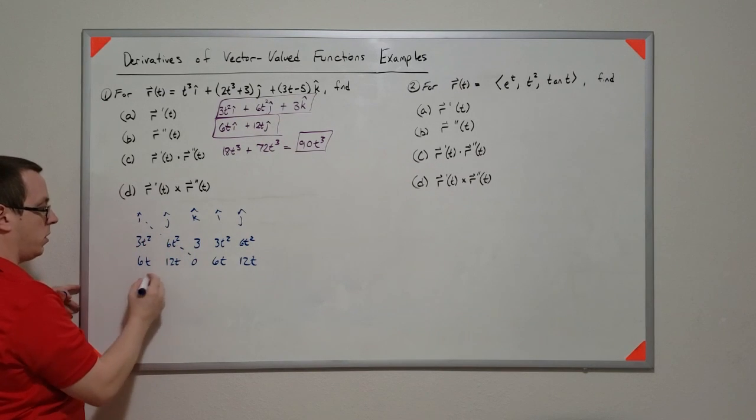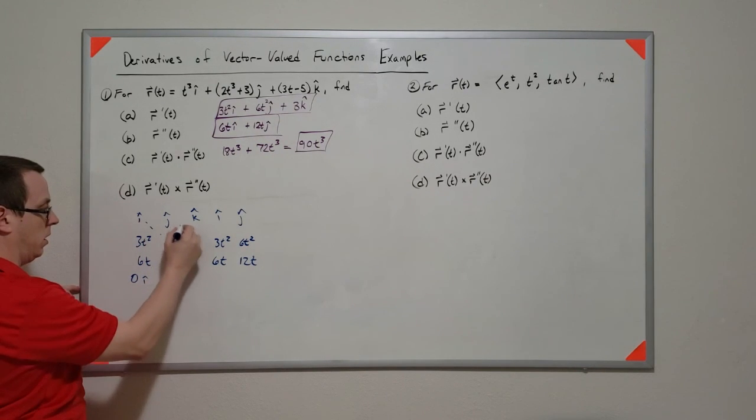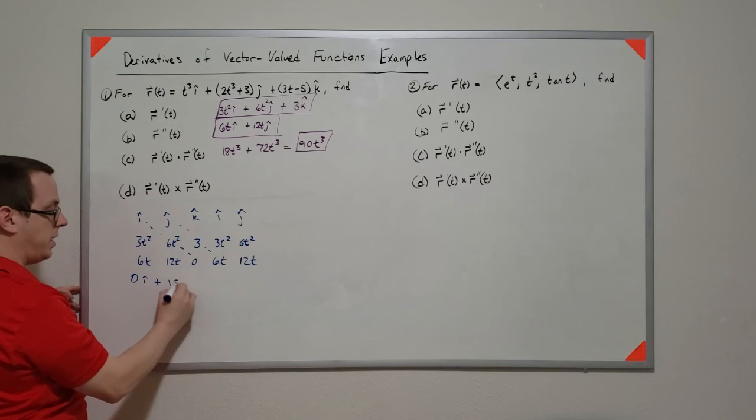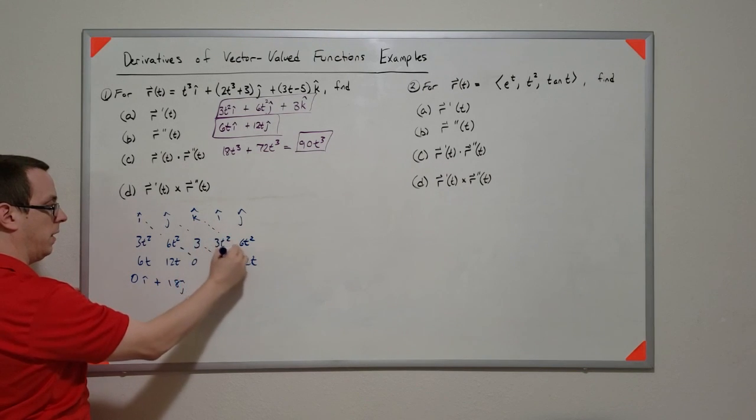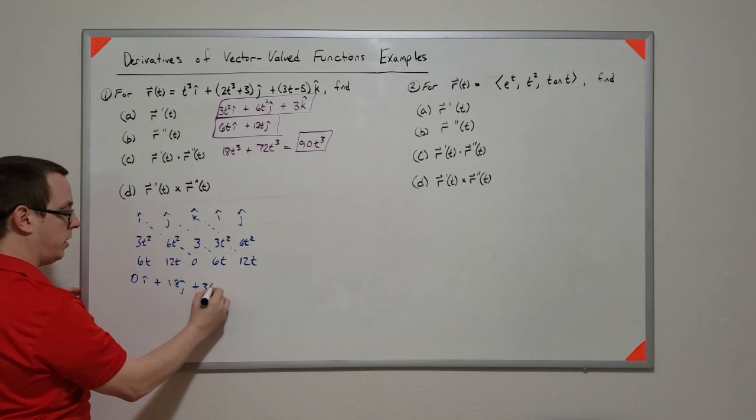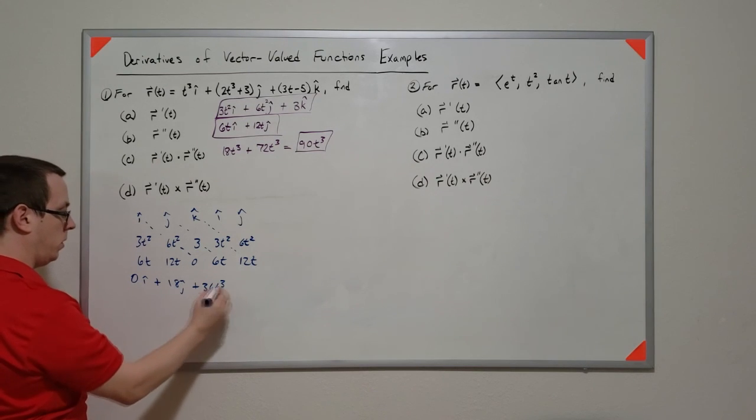And then we go across, so we get 0i plus 18j plus 36t cubed k